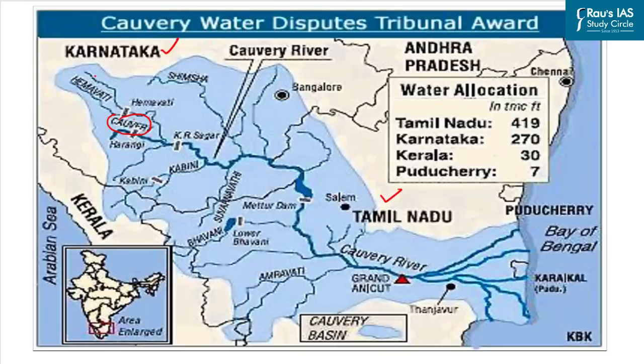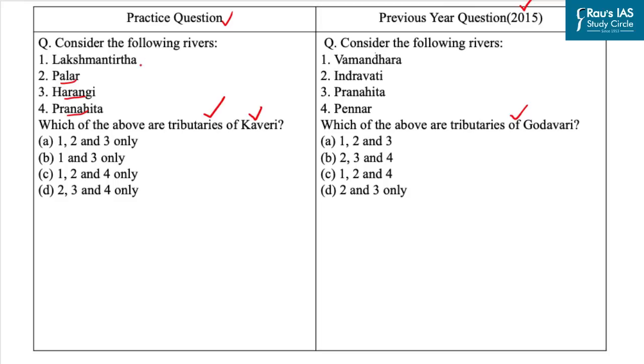Now you can see its left bank tributaries are Herangi, Hemavati, Shimsa and the Akravati, and its right bank tributaries are Lakshman Tirtha, Kabani, Suvarnavati, Bhavani and the Noel and the Amravati river. Now as you have seen in the map, Lakshman Tirtha and Harangi are the only tributaries of Kaveri river in